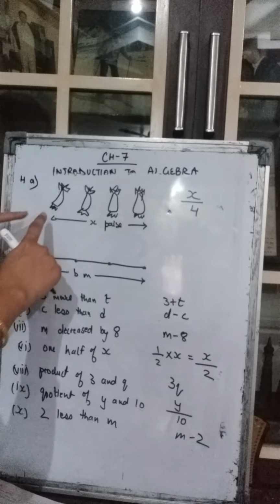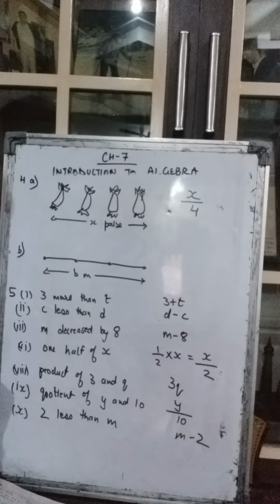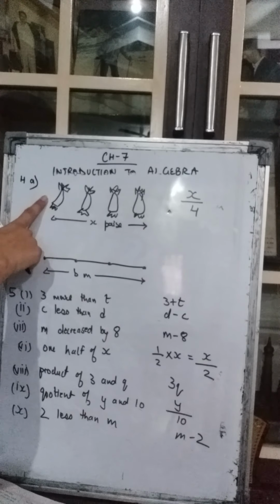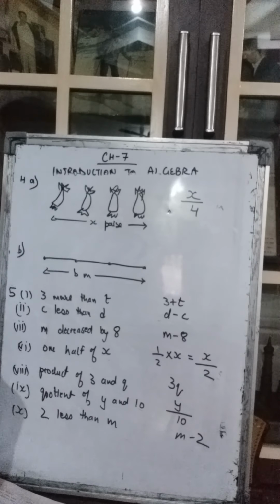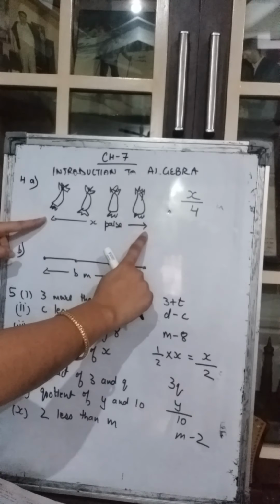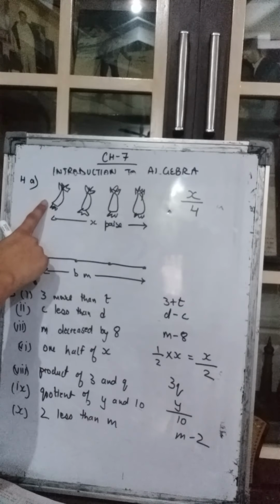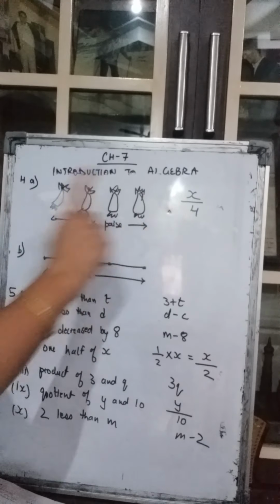Isn't it? Suppose the cost of 4 toffees was 60 paisa. So the cost of one toffee, how could you have calculated it? 60 divided by 4. Isn't it? Same thing we will do here. The total cost is X paisa. We do not know it. So we will write the cost of one toffee will be X upon 4 paisa.